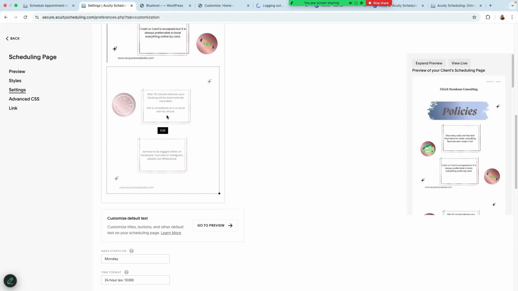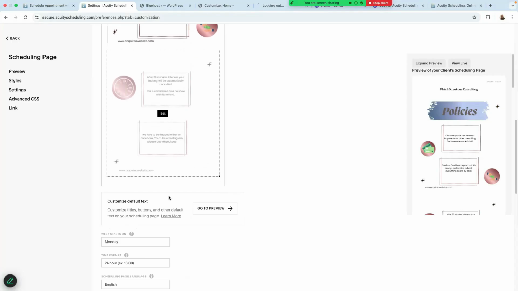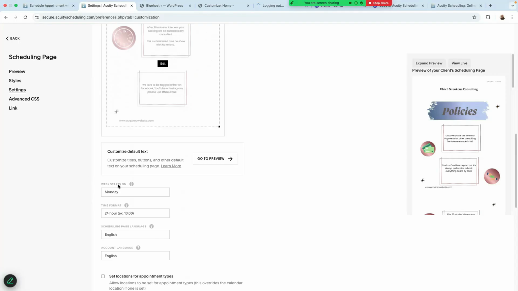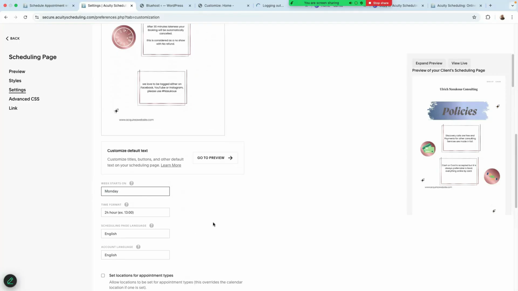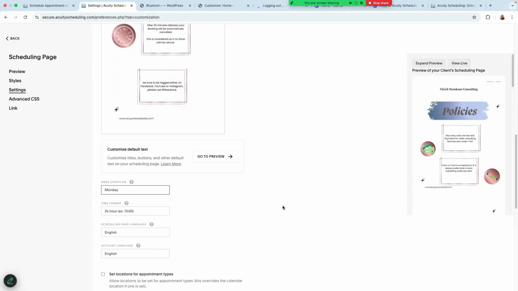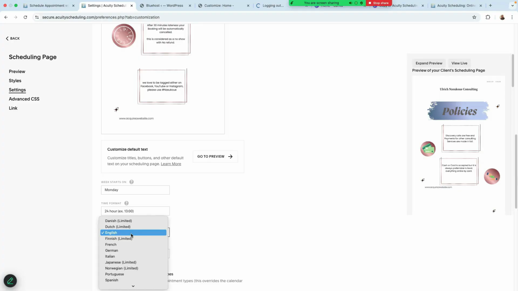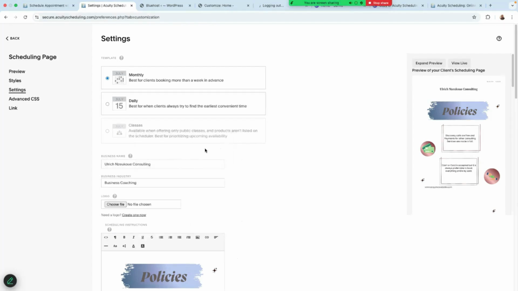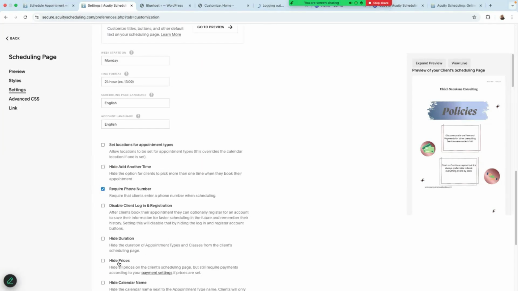And then that's another policy that I put here. Now, customize default text. Weekday starts on Monday, right? Monday. Time format, that's the time format. The scheduling page language is English. I can change the language to any other language that I want. If you made any changes here and you're really happy about your changes, just go ahead and hit